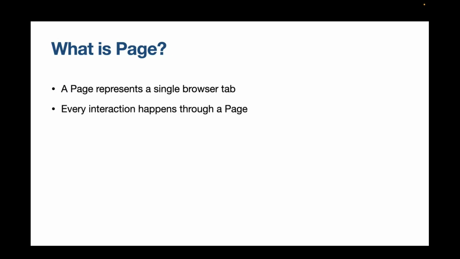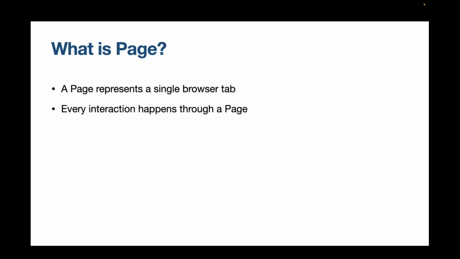Now let's talk about the page object we'll use in almost every Playwright test. In Playwright, the page object is a fundamental building block that represents a single browser tab or page within the browser context. All interactions with the web page occur exclusively through this page object. It serves as the primary interface for controlling and observing browser behavior during test execution or automation scripts. Without a valid page object, Playwright has no mechanism to interact with any website, making it the essential gateway for